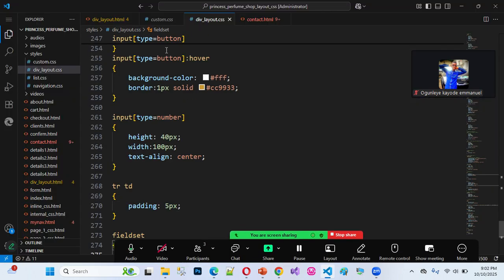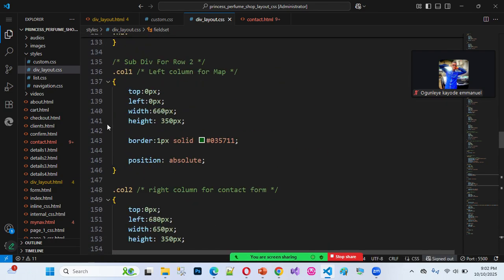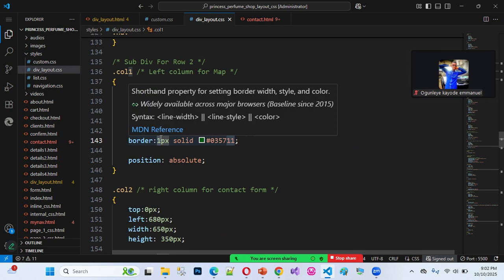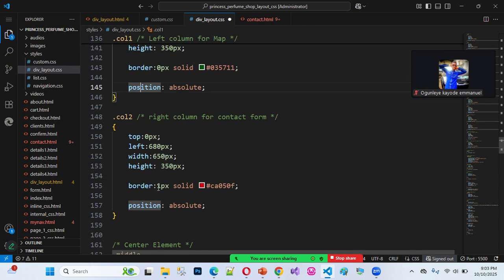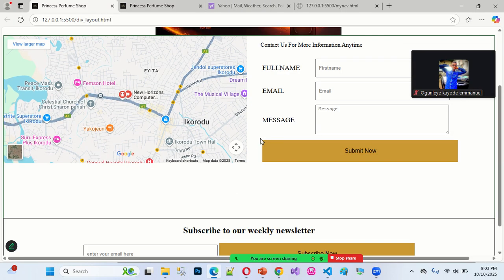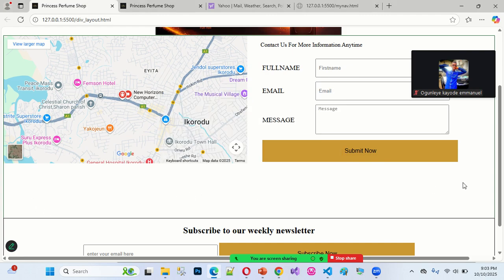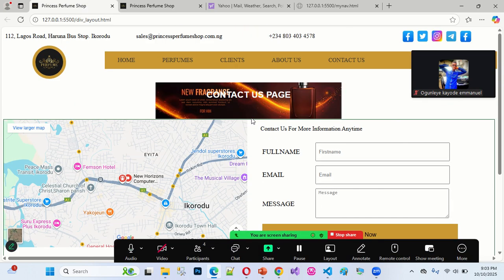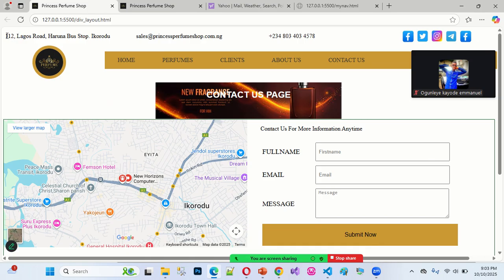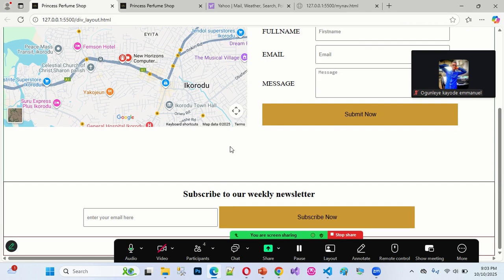So returning back to here, I set the border for those two, column 1 and column 2. I set their border to off. This is the first one here, and here is the second one too. Then I save. So back to here, see. So the last part I want to do now as well is for the email and phone number, there are different columns. If you look at the first row here, it is like the setting I have for the first row here. I'm going to use the same setting for this particular section here now. That is it. So before that again, let me save this particular